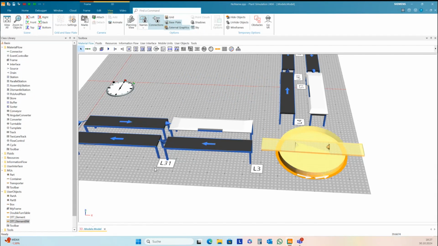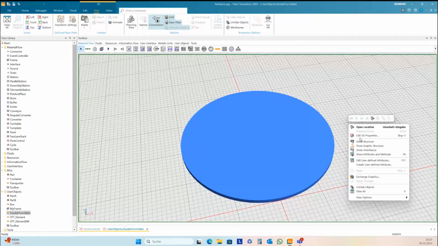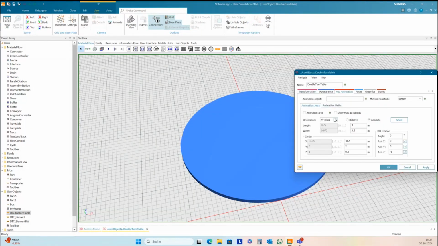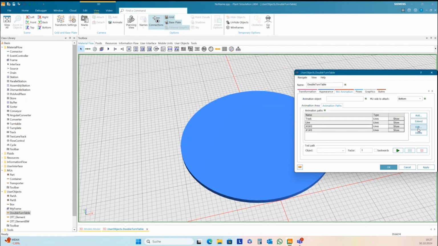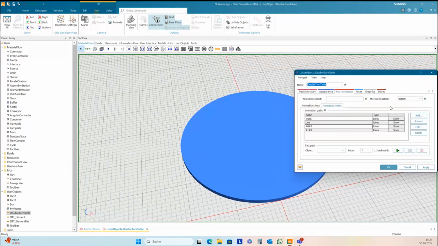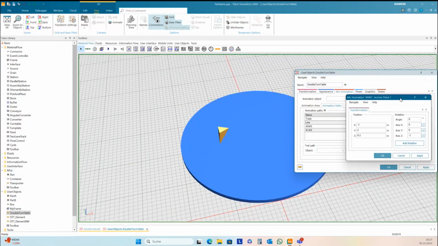And this we make also in the double turntable. MU animation. We can make it here with this here. Edit 3D properties and the anchor point.